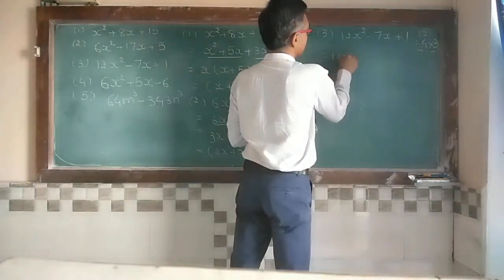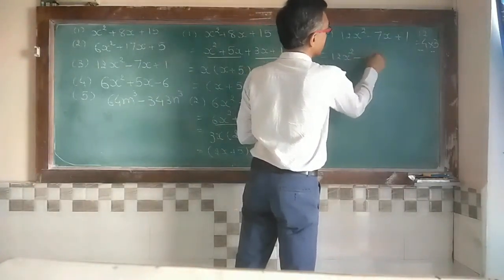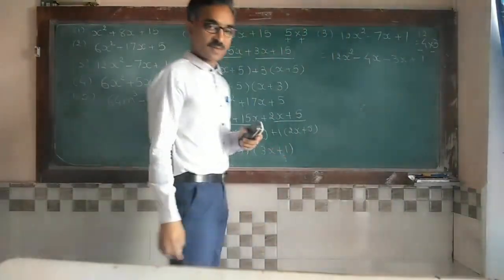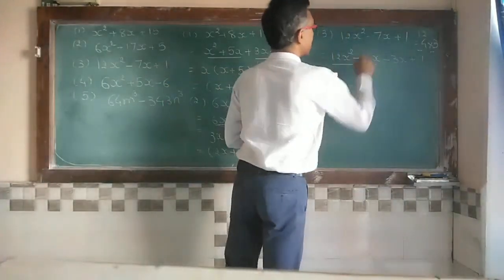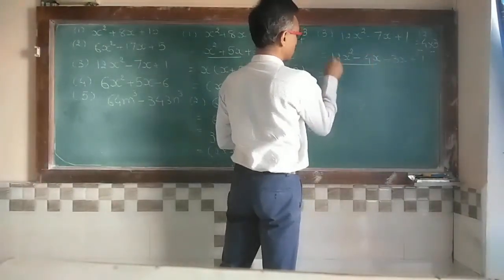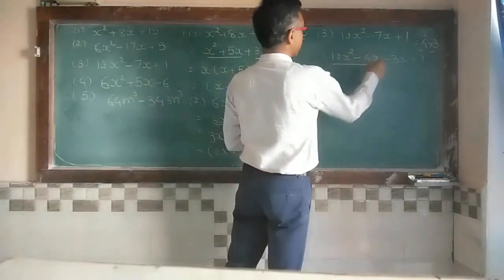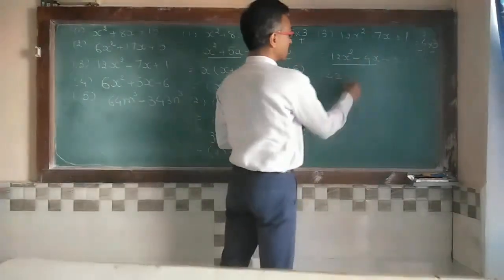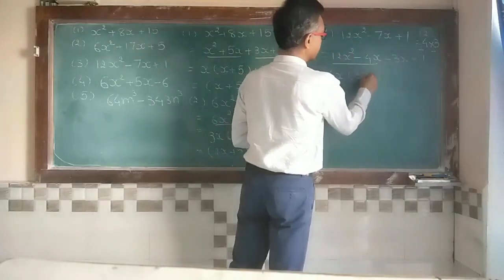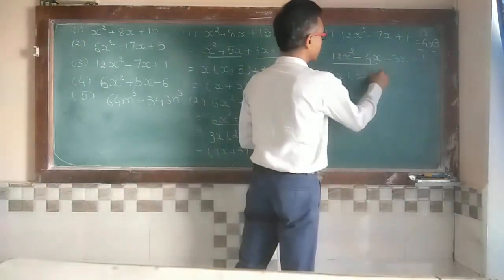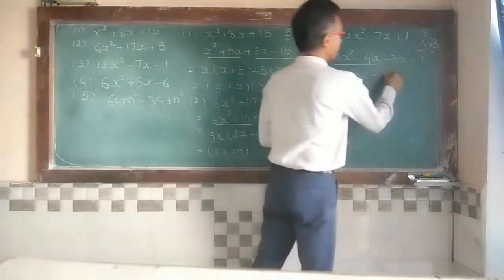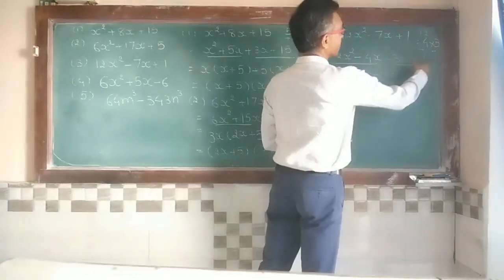That means 12x square minus 4x minus 3x and plus 1. Okay. Now common out from the first two terms. Here 12, here 4, so 4 is common out. x square and x, that means x is common out. Remaining is 4 3s are 12 and x square and here x, so x is there. 3x minus 4x already come out. Remaining is always 1 minus, see, here 3x plus 1.